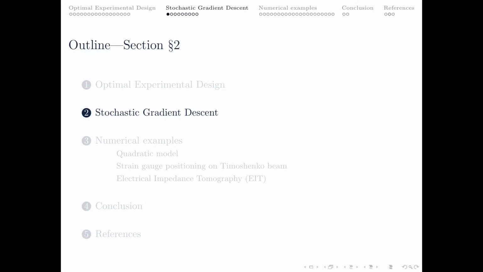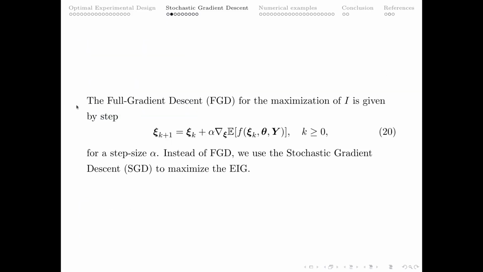Okay, so now let's discuss the methods that we use for optimization, stochastic gradient descent methods. First, let's discuss what is the full gradient descent method for the maximization of the expected information gain. Remembering that the expectation of f is the expected information gain, here we will be using the true gradient to perform optimization. Now, note that the evaluation of this expectation could be very expensive, not least to estimate its gradient,